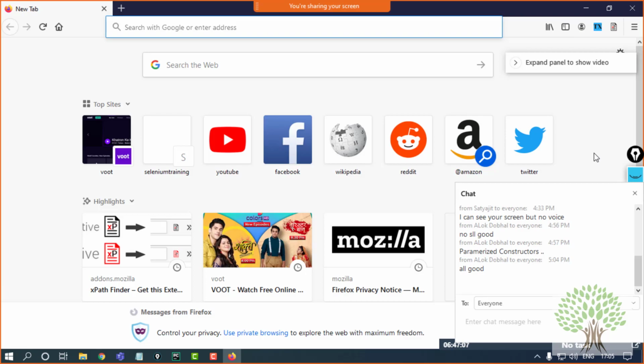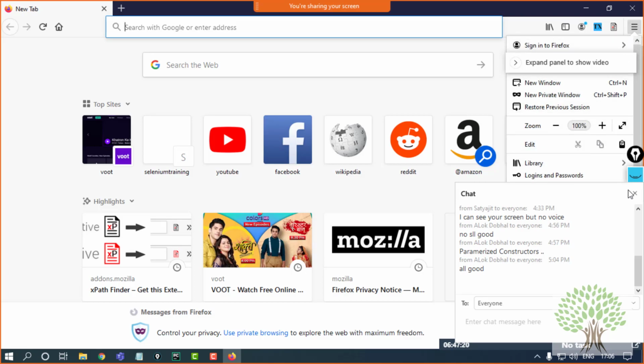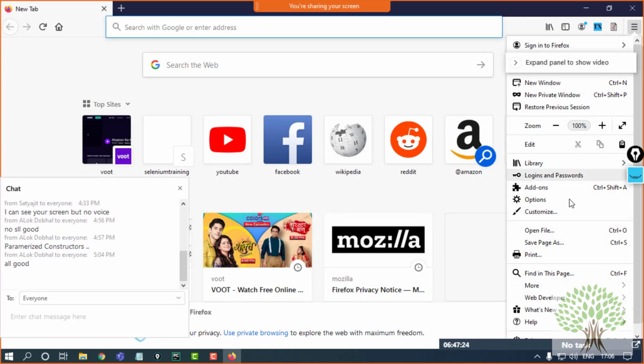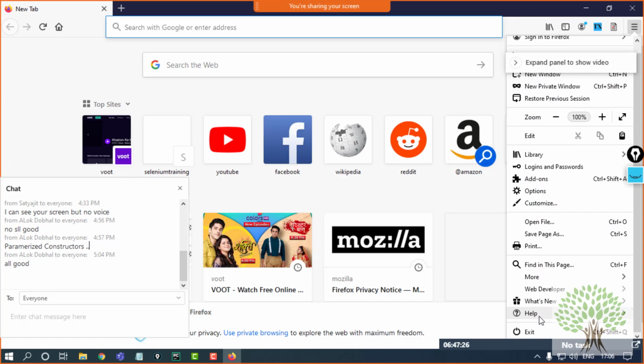And the driver that you have in your system is sometimes not compatible with the recent version. That does happen in Firefox. So we have to restrict the settings so that the updates that come up do not get downloaded into my browser.